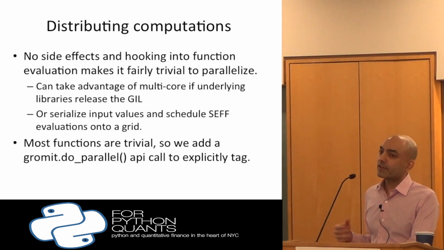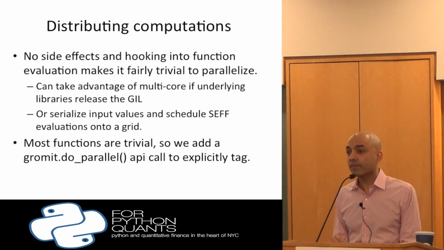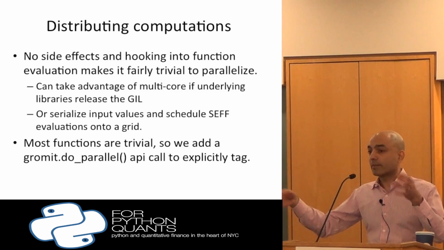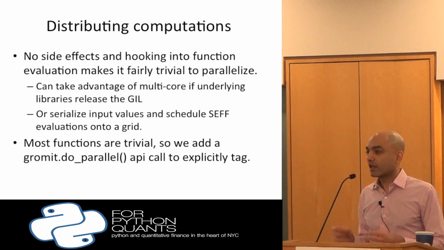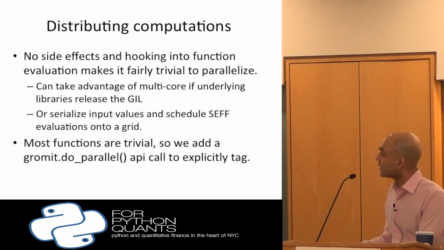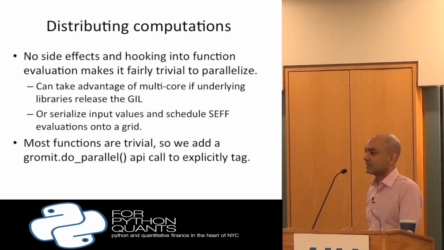And you can also take advantage of multi-core. So if your underlying Python libraries release the GIL, as the graph engine is going and evaluating functions, it can simply schedule them out to different cores. It won't help you much if it's all pure Python, because you'll just be fighting for the GIL. But if you're calling into NumPy or SciPy,